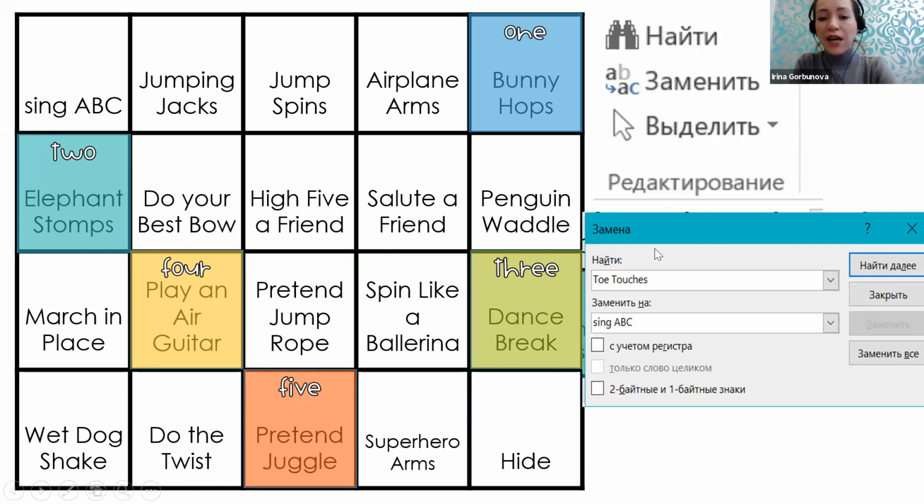You just open and change. For example, this game touch toes, I have changed it into sing ABC. And when it comes to the active phase, they all have to sing ABC, or they all have to name 5 things that they have learned recently, or they have to name 2 of their favorite heroes, and so on. So I will also share it with you.